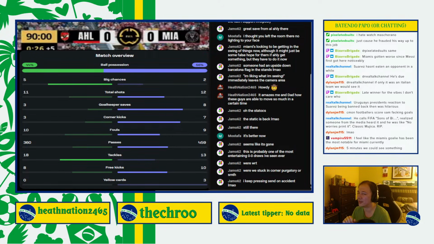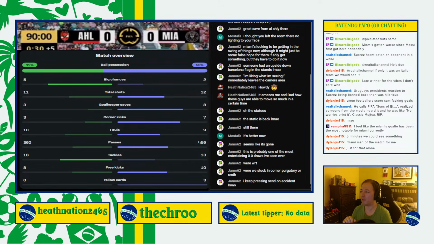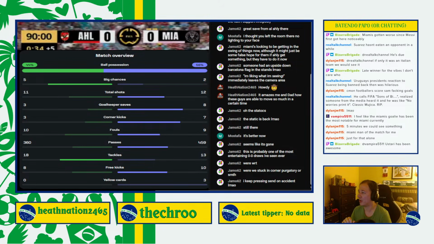Let's see here. Miami with everybody back behind the ball apart from Suarez. He's probably the man of the match altogether. Miami Starry, yeah. It's dealt with there by Ian Frey. Just those touches are for Ahly in the final third have not been all the way there, unfortunately. But against Miami's defense,